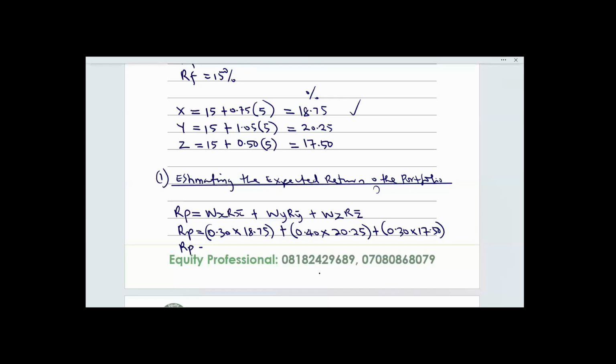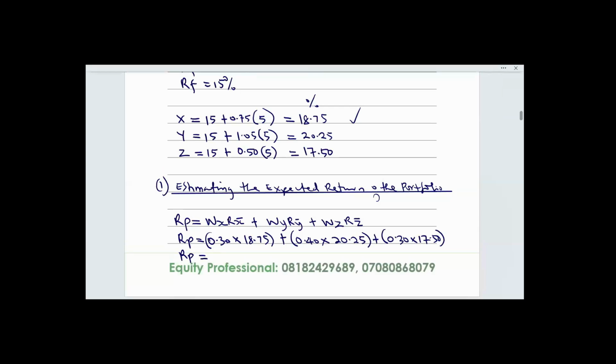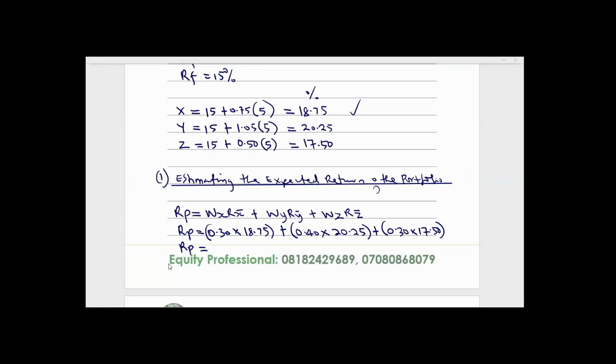Therefore, the return of the portfolio would then be equal to 0.3 multiplied by 18.75. Let me use a calculator and get the whole answer once and for all. Or let me just break it down for you. 0.3 multiplied by 18.75, that's 5.625. 5.625 plus